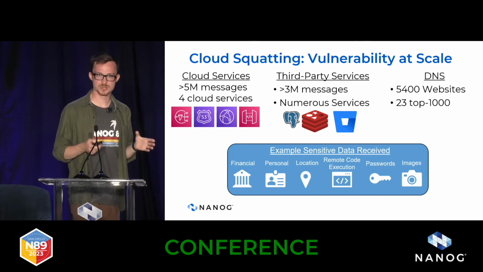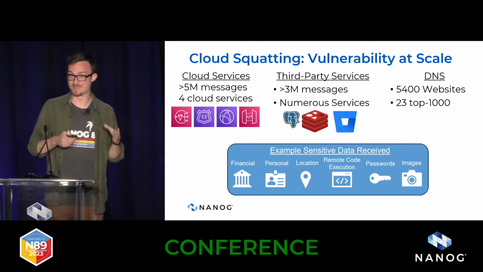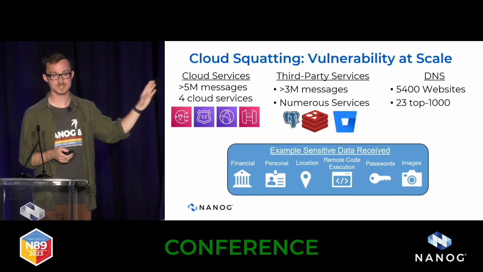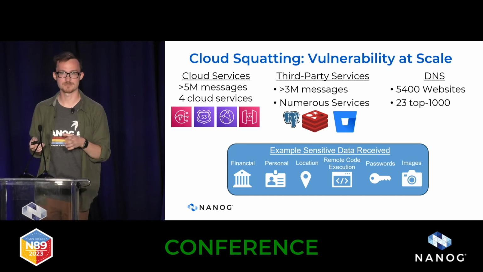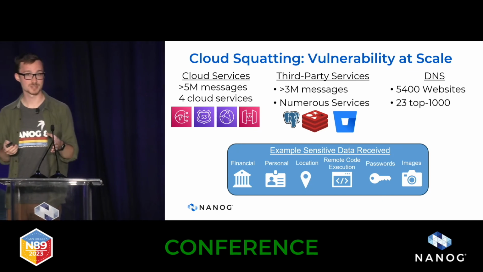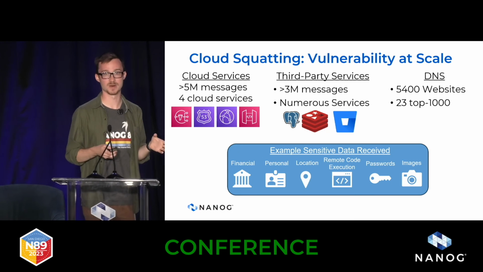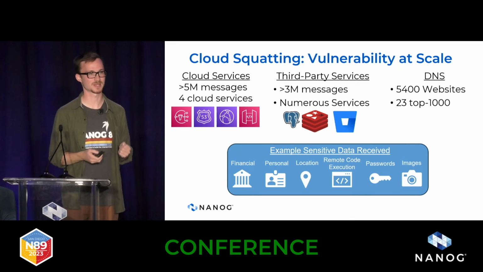Just as an example to show the severity of this issue and the benefit of solving it, as a result of these misconfigurations on Amazon Web Services, any adversary could easily receive information on financial transactions, anything on a driver's license, real-time location history, and so on, simply by listening to traffic on public cloud IP addresses.